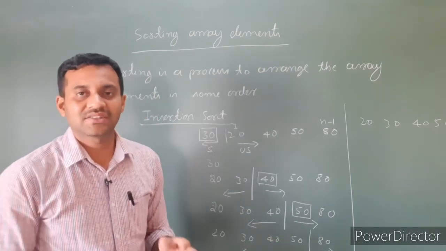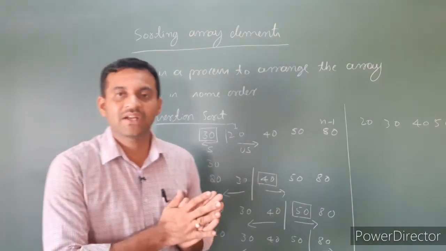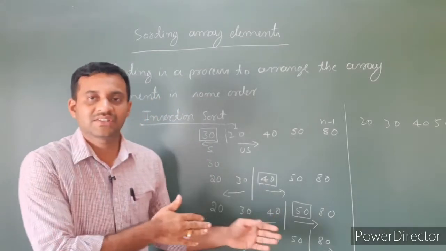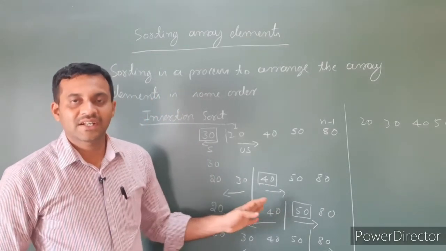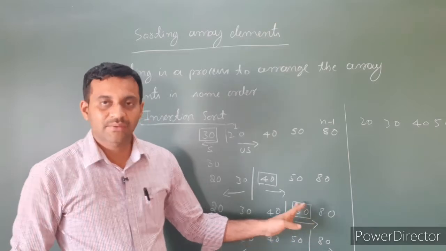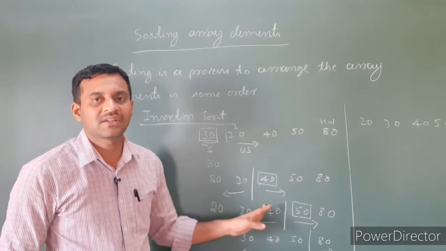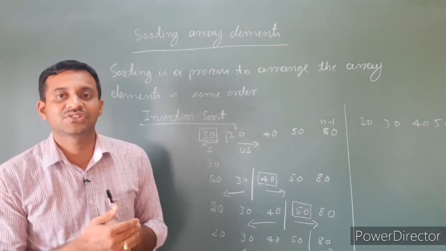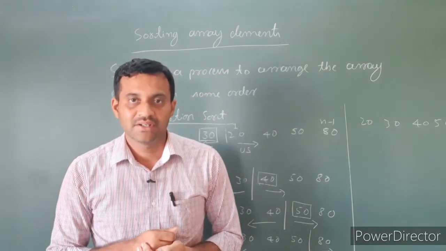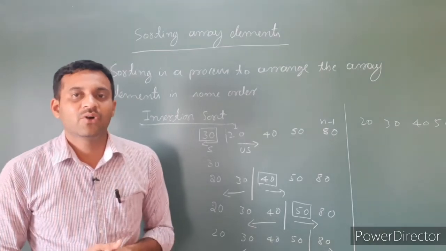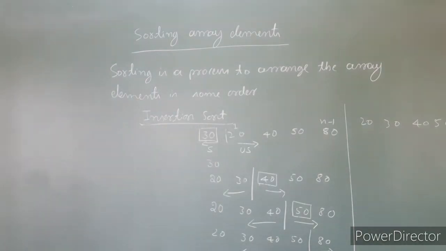Like this we access each element from the unsorted portion. Those elements are compared with the sorted portion. If it is greater, it is inserted at that position, otherwise it is compared with the next element. If it is greater, it is inserted between those elements. Like this we sort the elements. For this, consider one more example.